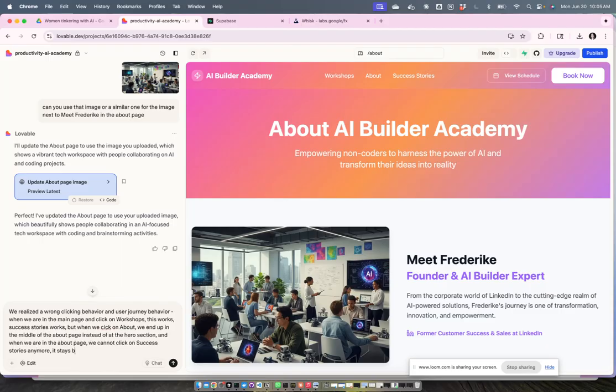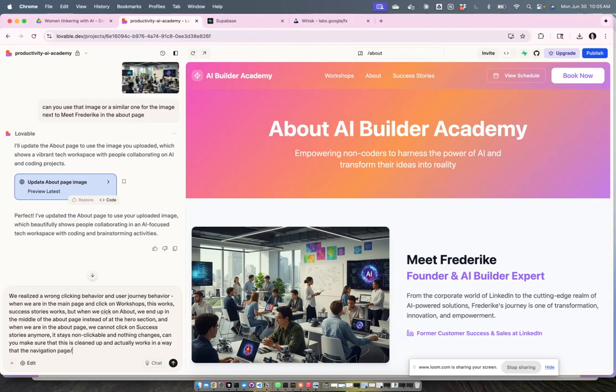It stays blank, it stays non-clickable and nothing changes. Can you make sure that this is cleaned up and actually works in a way that the